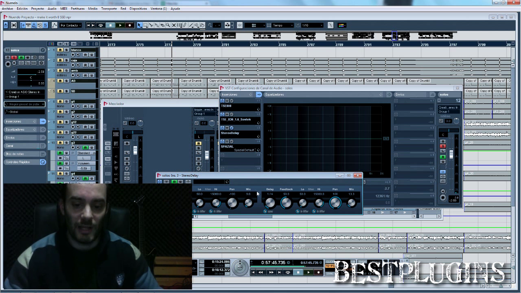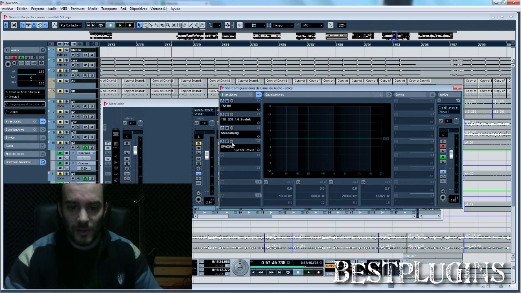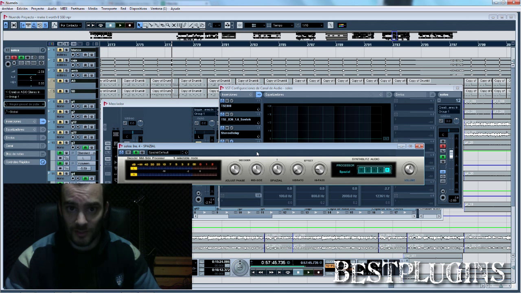This stereo delay sounds really good for solos because it adds more stereo sensation to the solo and more space, more ambience, and I also use this plugin, the Spatial. I use it after the delay, but you can use it before, you can try if you want. It's slightly different. I have already told you about this plugin in other videos. It's freeware, and I just press the 5, and if you see that it saturates,